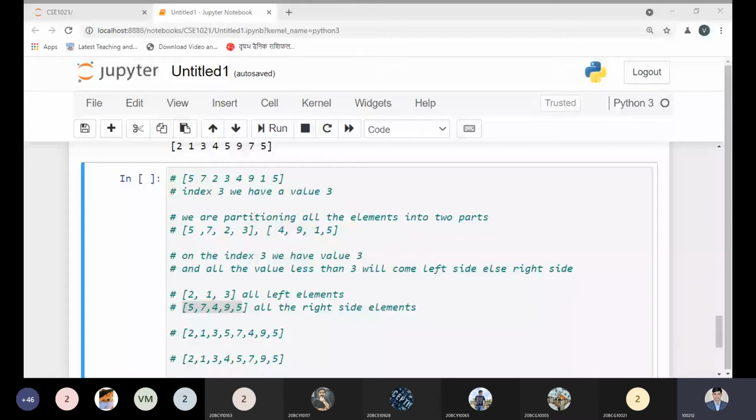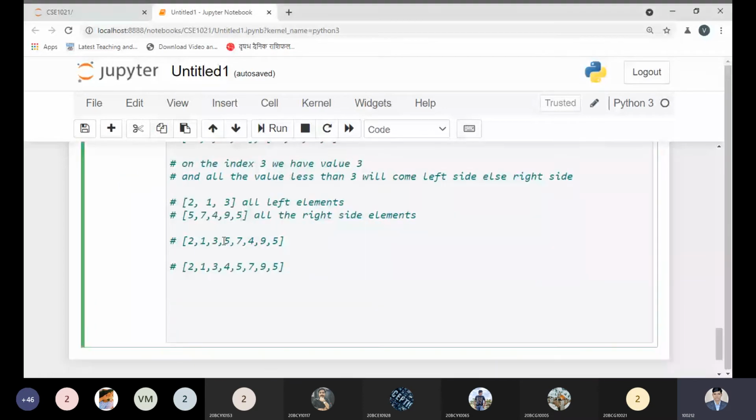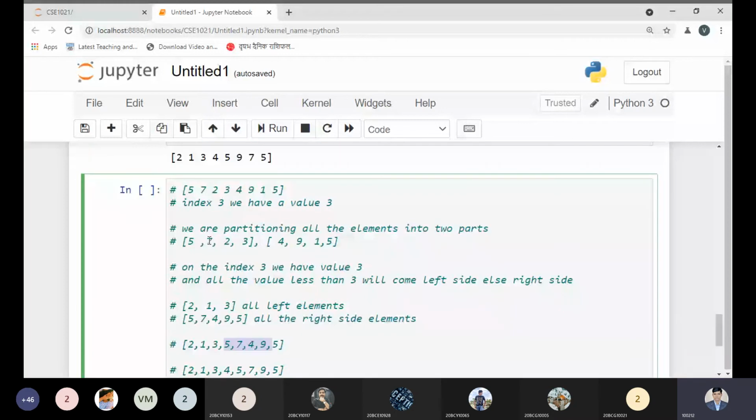The ordering of the elements in the two partitions will be undefined. You can see here we are getting all the partitions in an undefined way, and the 4, 9, 5 we are expecting should be in sequence according to our list of elements. That should be 5, 7, 4, 9 and 5.